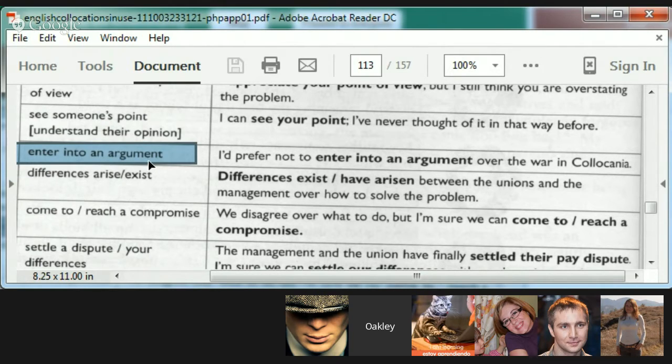First of all, you give an opinion, Alex. You don't say an opinion. You don't tell an opinion. You give an opinion. You can express an opinion or give your opinion. Okay. Well, I'm not sure about. Well, okay, you might have a point. I don't want to enter into an argument. I don't want to start an argument.